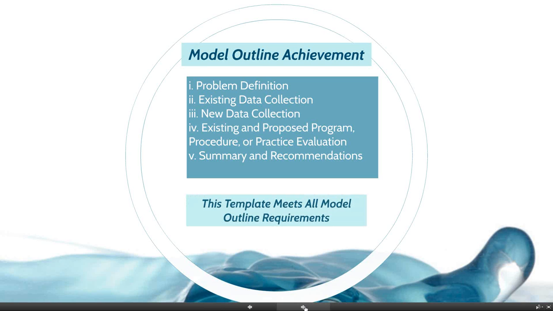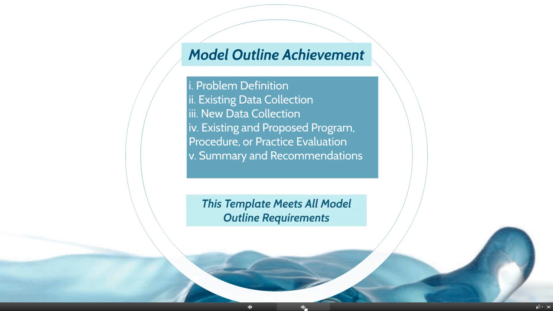It satisfies each one of these steps, which are outlined here: defining the problem, looking at the existing data, summarizing that data, inventorying that data, collecting new data, working the data into the program of the municipality, and then providing a good summary and recommendations for future work, and documenting